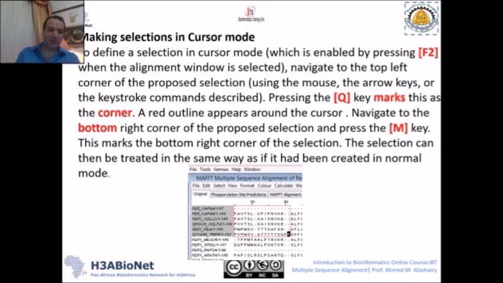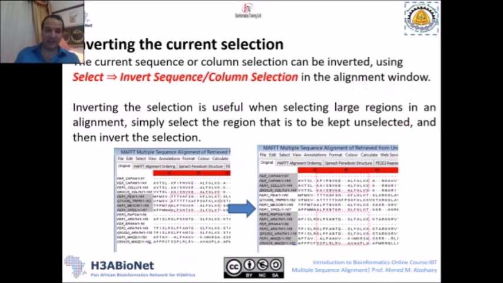This selected region can be treated in the same way as if it had been created by a normal mode. If you would like to invert the current selection, then after selecting the region that you would like to exclude, not to include,